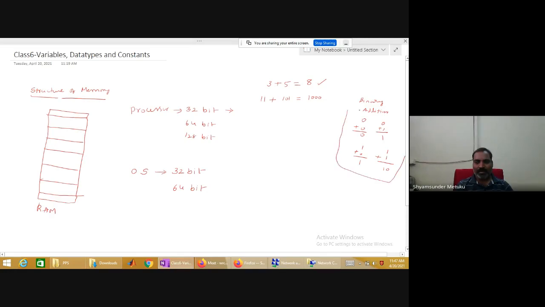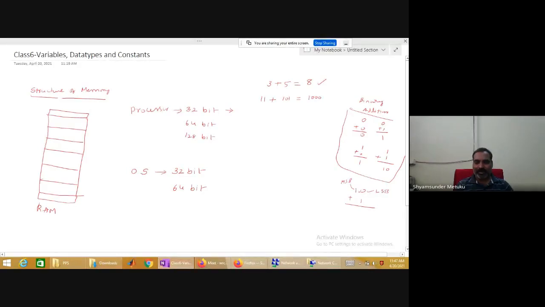And one more thing I wanted to mention. If 10 plus 1, can you tell me what is the value? See, when you have 2 digits in the binary number system, this is generally called the least significant bit, and this is called the most significant bit. In the binary number conversion I have given some weights, right? 2 power 0, 2 power 1 and so on. Whichever has the lower weight, we call it the least significant bit. Whichever side has the higher weight, we call it the most significant bit.